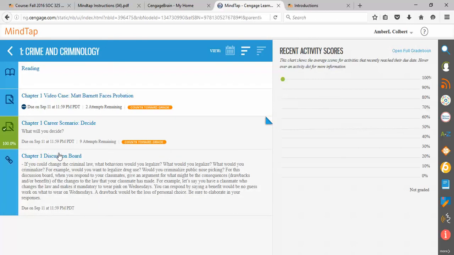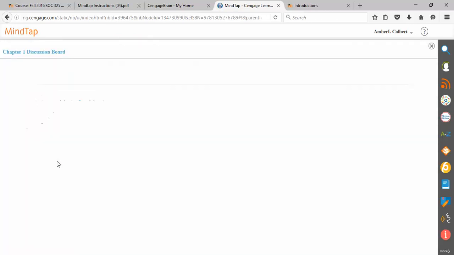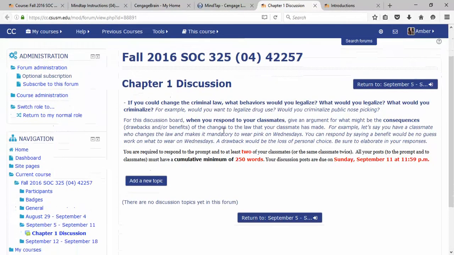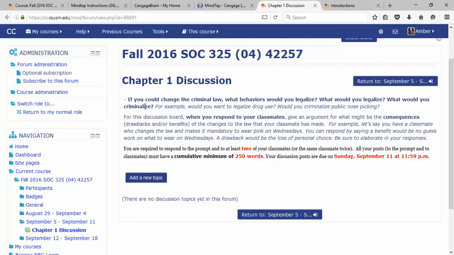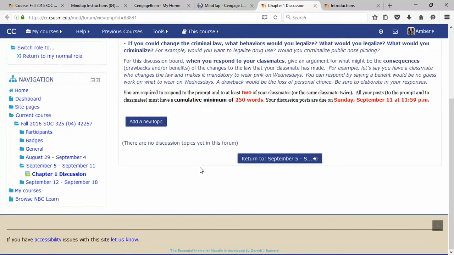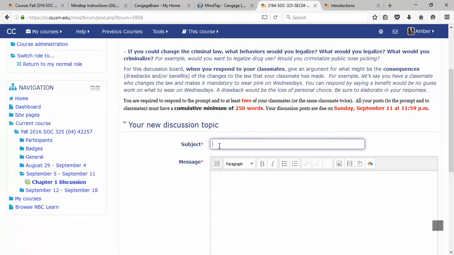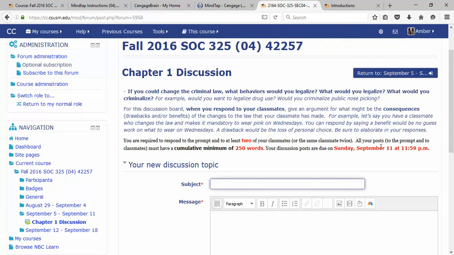And then again, for discussion boards, they're linked. You can click here, Chapter 1 discussion board. Click the link there, and here you are, the Chapter 1 discussion board. I hope that you know how to use discussion boards. I do the blog style format. I think it's the nicest because you can see everybody's responses. You'll just click here on add new topic. You put in a subject line of your choosing. I always say make it creative. So like, you know, this one's talking about legalization of things, so like "legalize it," you could put whatever, and then you write your message